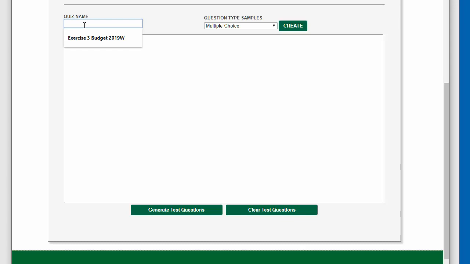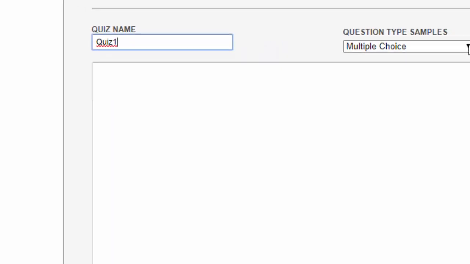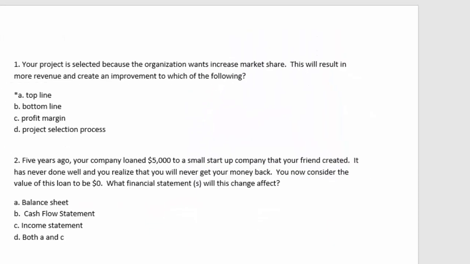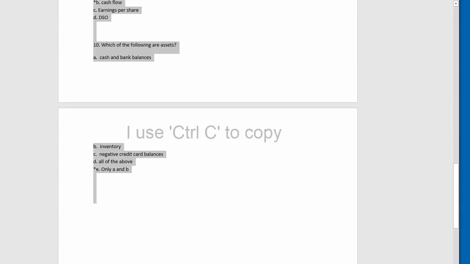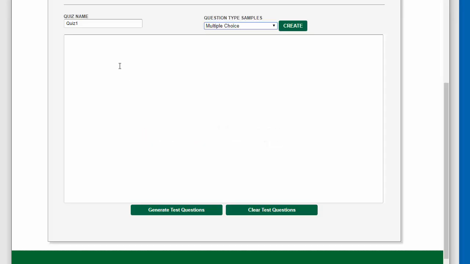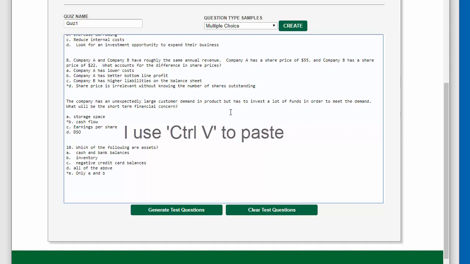First thing is I'll put my quiz name. I'm going to call it Quiz 1. And you have an option here for multiple choice or other types of quizzes. For this one it is multiple choice. And what I do is I go back to the Word document. I have my 10 questions. I do a copy, and I'm going to put the cursor in the top left-hand corner and paste my questions